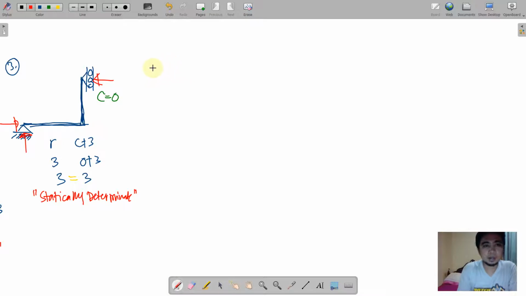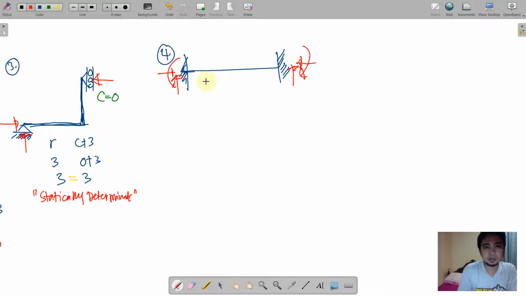How about if we have here fixed support at both ends? Say we have here a beam that is restrained at both ends. Okay, so whatever the loading is, we do not have any internal reactions there. So we'll just have to indicate that there will be 3 reactions at fixed supports. So it's obvious that R here is 6 compared to C plus 3. So we have here 6, C is 0. So therefore R is being compared now to 3, and obviously R is greater than 3. So if it is greater than, then we'll have a notation here,